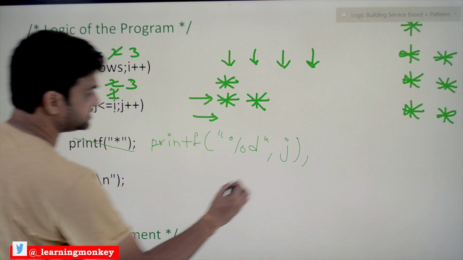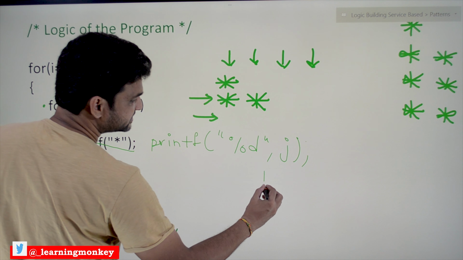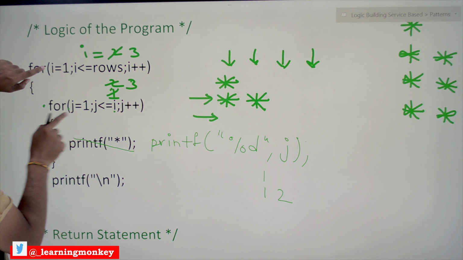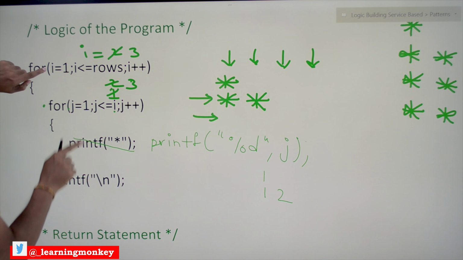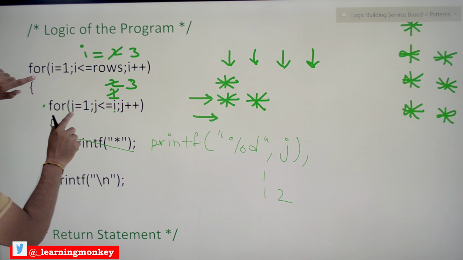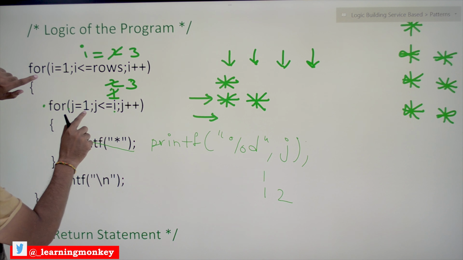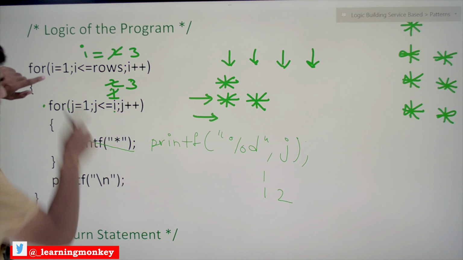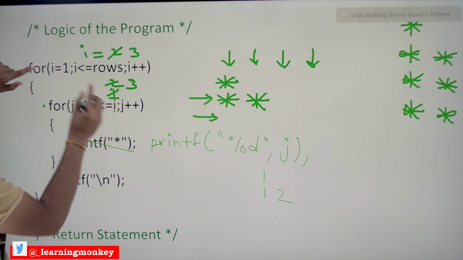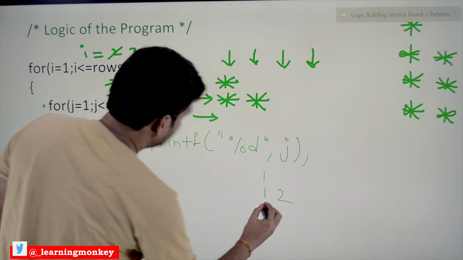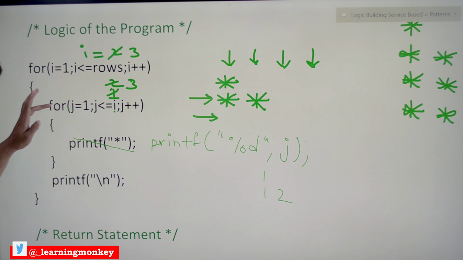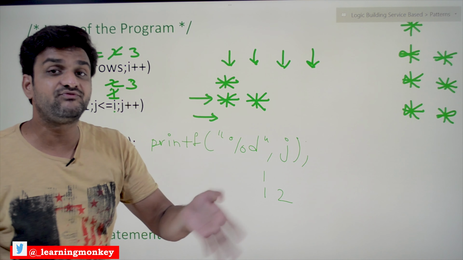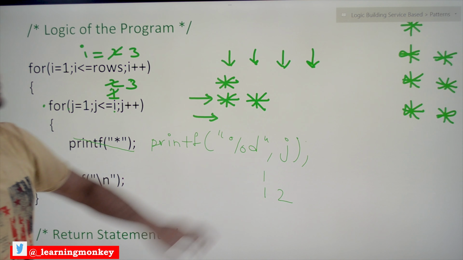In the first iteration it is going to print the value of j as 1. So in the second iteration of this external for loop, this loop is going to iterate for 2 times. Every time it is going to print the value of j. Initially the value of j is 1. In the next increment the value of j is equal to 2. So the 2 will get printed. In the next iteration the value of i is equal to 3. Here, whenever the value of i is equal to 3, this internal for loop is going to iterate for 3 times. In each and every iteration, we are going to print the value of j.